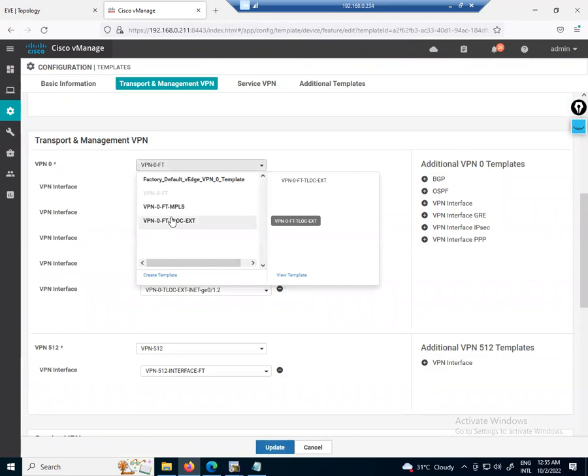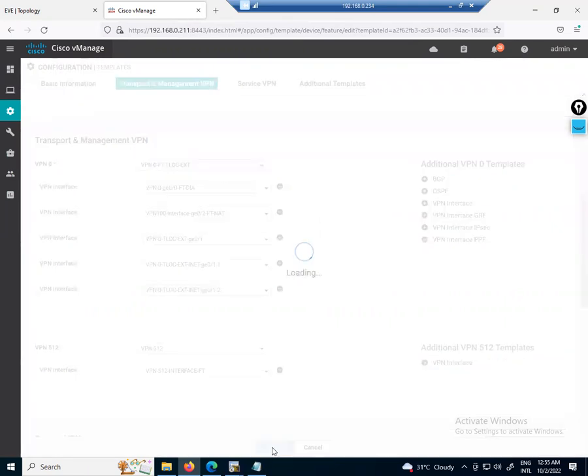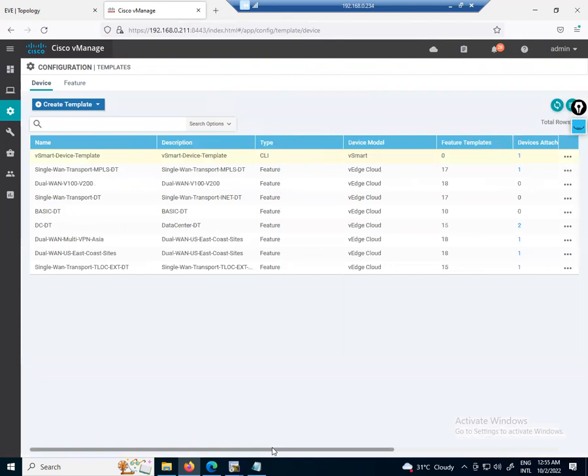I want to use this TLOC extension, because it has now two static default routes with two separate next hops. So see, routing has to be taken care of. So now the device template has been